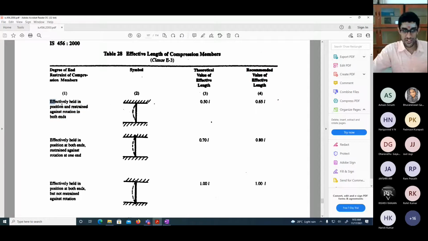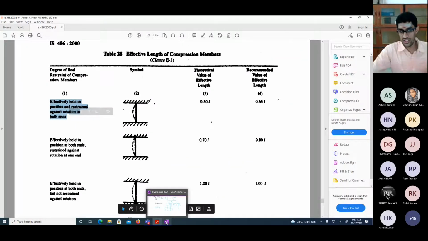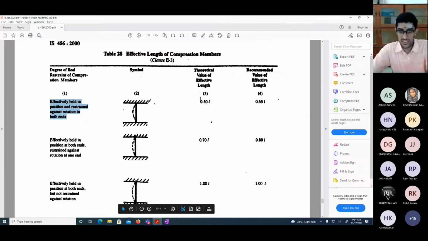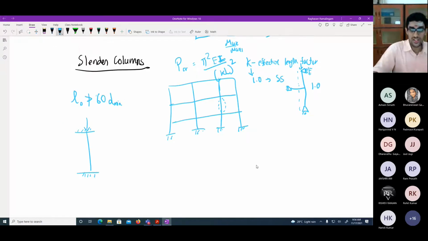The first one says effectively held in position and restrained against rotation. Which type of support restrains both movement and rotation? Fixed. So if you have a column which is fixed, like this, then for this column it says you can use a recommended effective length factor of 0.65, while the theoretical is 0.5. So what this theoretical 0.5 means is